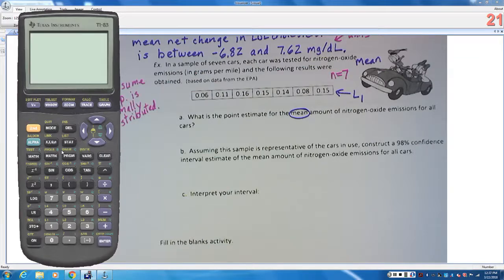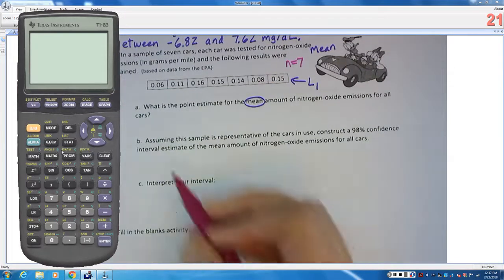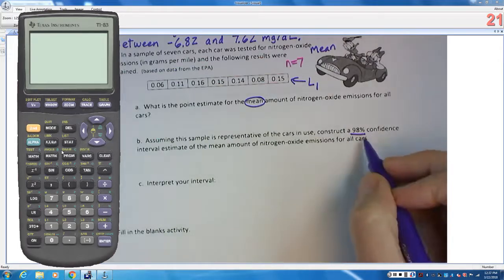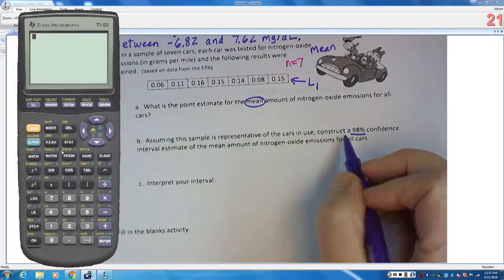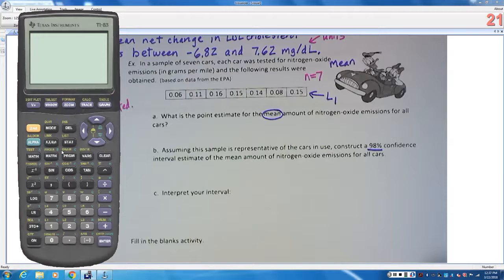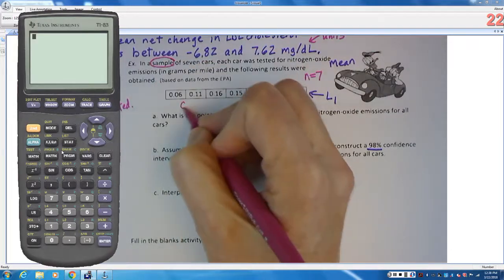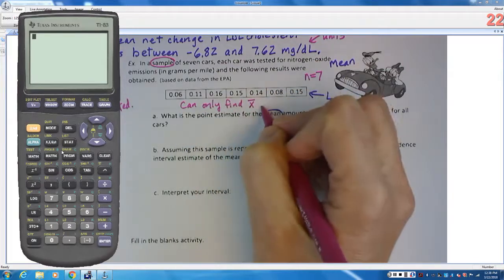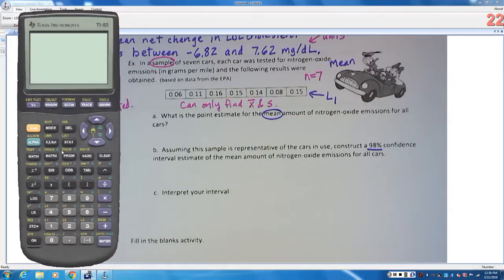What I need to do is skip down to part B. Part B says construct a 98% confidence interval. So you can ask, did it say anywhere in a separate sentence that the sigma or the population standard deviation was something? No, and this is sample data, so we can only find X bar and S from this data because it's a sample. So we need to do a T interval,